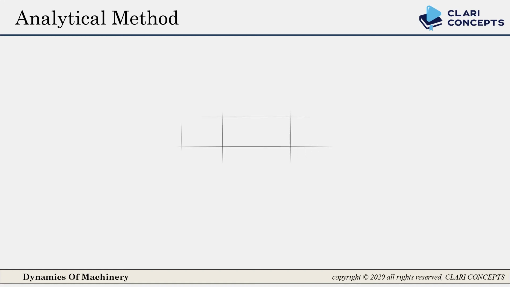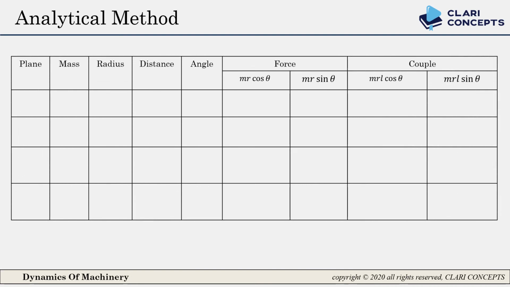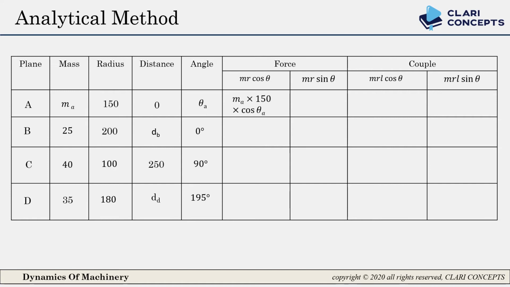So let's make one table which contains all these things like plane, mass, radius, distance, angle, and the component of force and component of couple. So first write up all the values which are given in the numerical. Now make a force component. We don't know the value of mass A, but we know the value of radius. So Ma into 150 into cos theta A, same as Ma into 150 into sin theta A,